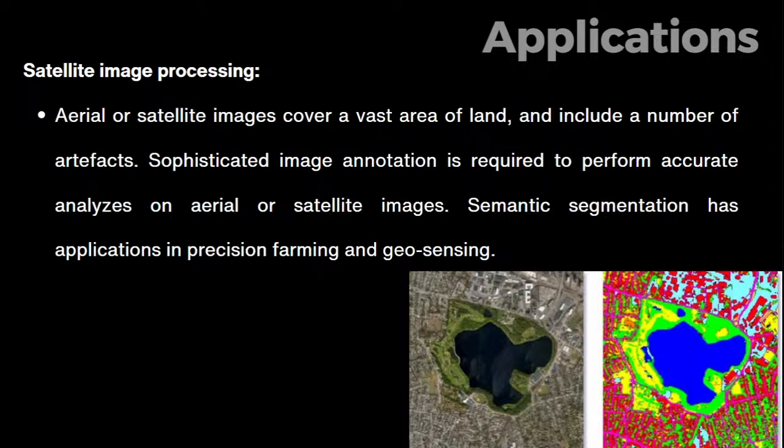It is used in a lot of places. Apart from that, you also use it in satellite image processing, where aerial or satellite images cover a vast area of land and include a number of artifacts. Sophisticated image annotation is required to perform accurate analysis on aerial or satellite images, and semantic segmentation has applications in precision farming and geosensing. You can use it to map and analyze heat and all these progressions. So these are some of the applications, and looking at the particular example we will be seeing today is